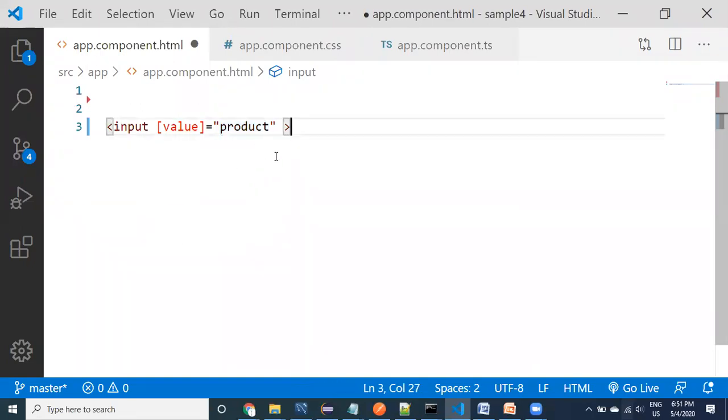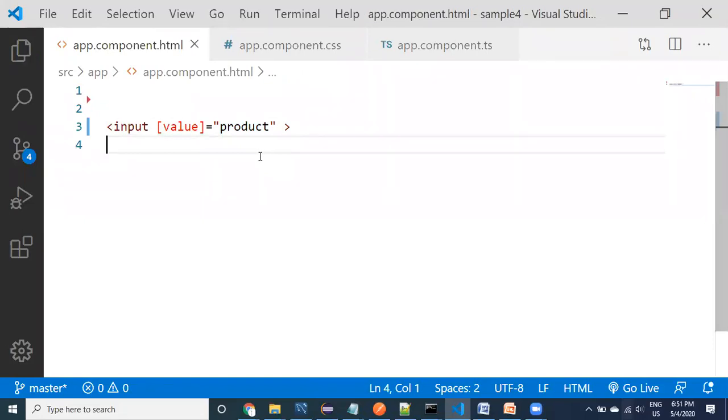Now let's look at it, guys. What happens if I provide it like this? Inside the HTML output, where is this data available from?